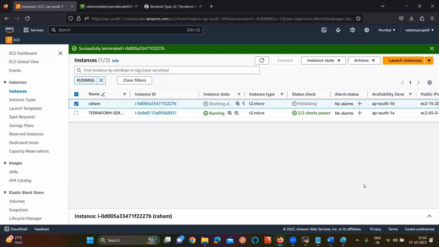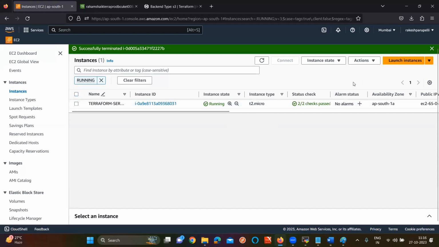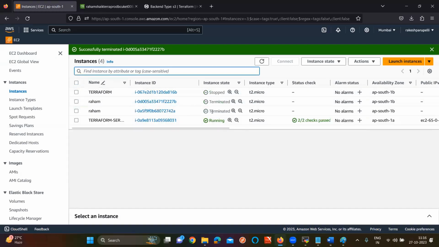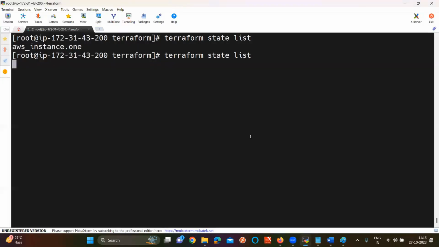If the resource is running, my state file will store the content. If it is not running, can my state file store the content now? No. So now it is completely in a terminated state. Go here and give the command Terraform state list. Are you still seeing it or not, sir?